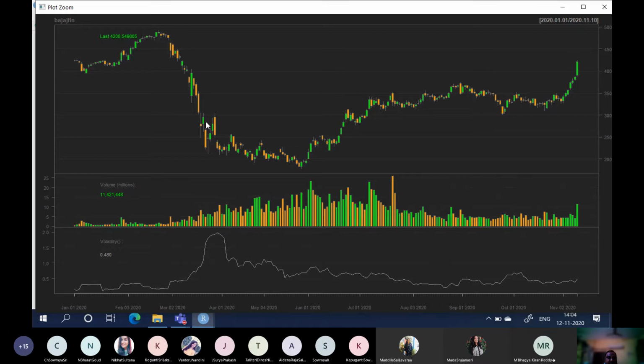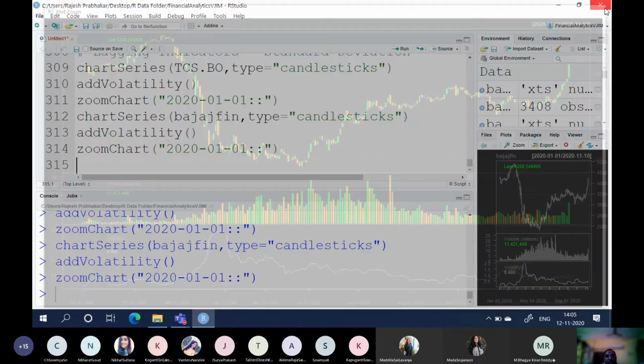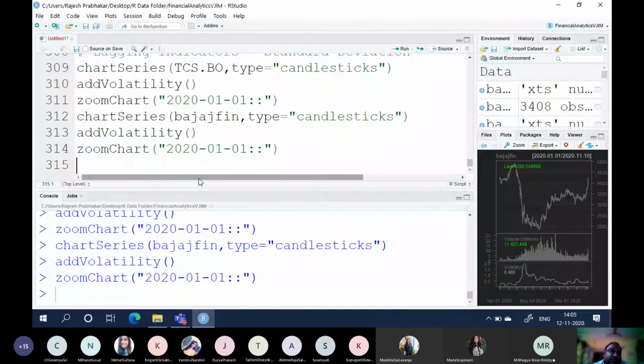See the price, the deep price fall which happened in Bajaj Finance. There's a deep fall and the volatility went up. And again, it is consolidating. Now it is on a standard fall. The volatility is also like a standard parameter. So volatility has to be there to maximize, but we need it in a controlled format, or it needs to be in our control.